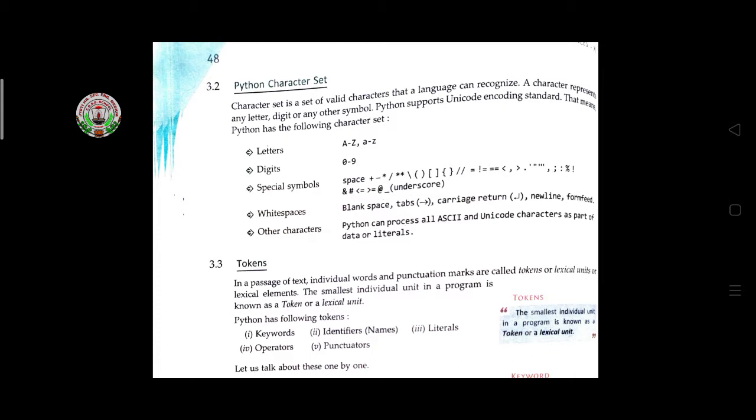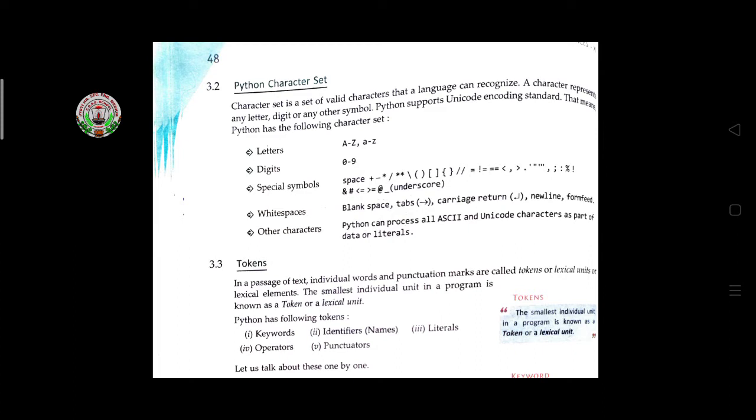So here Python is running through an interpreter, and the interpreter will do the processing work. Processing means the interpreter has to know which language we are using.